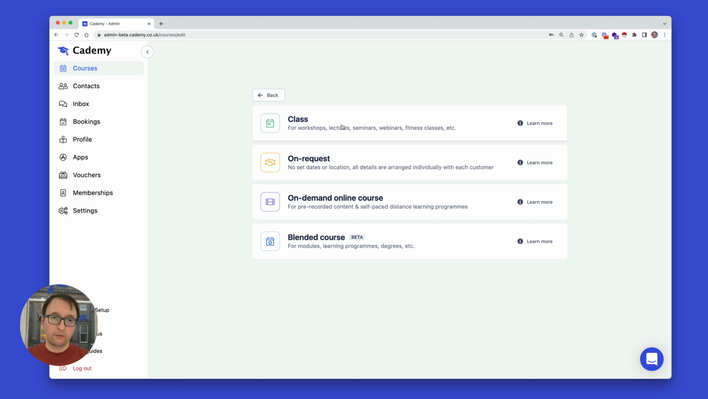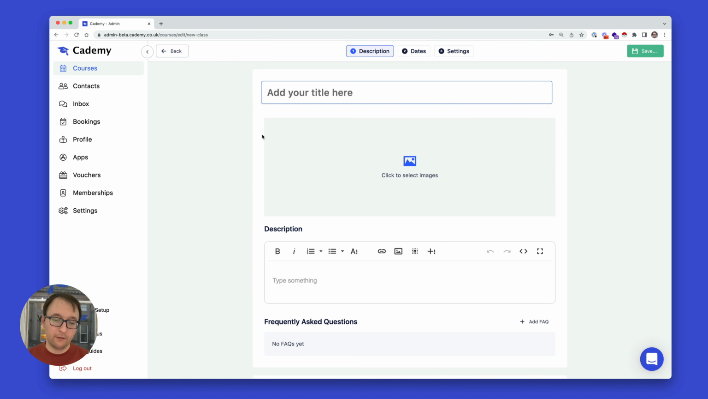So if I create a brand new course, and it has to be of type class or blended, these are the only formats right now that support waitlists. I can just create a waitlist course example